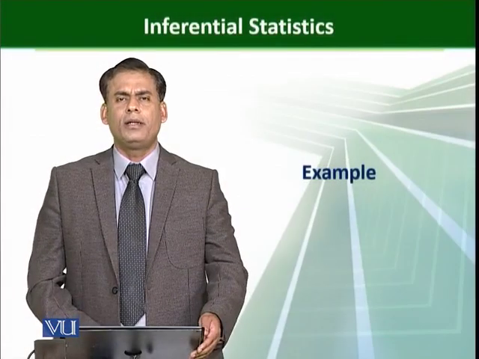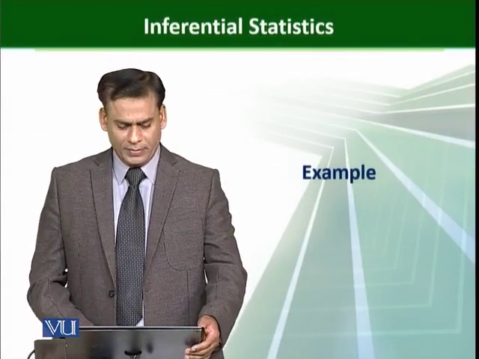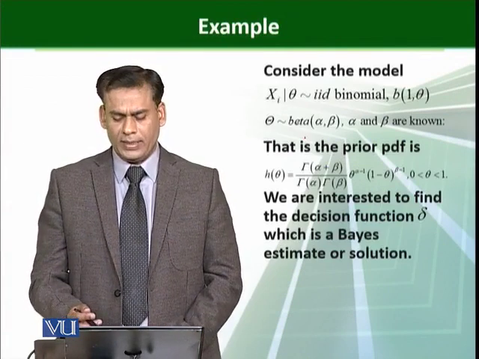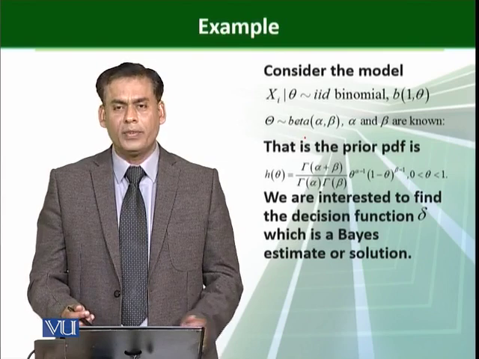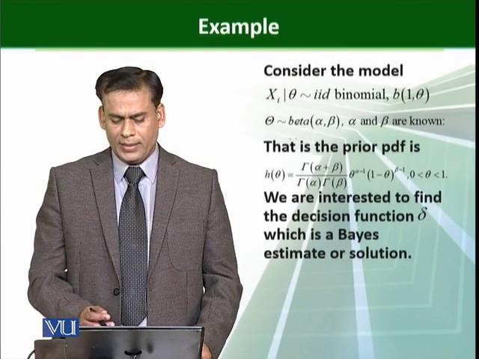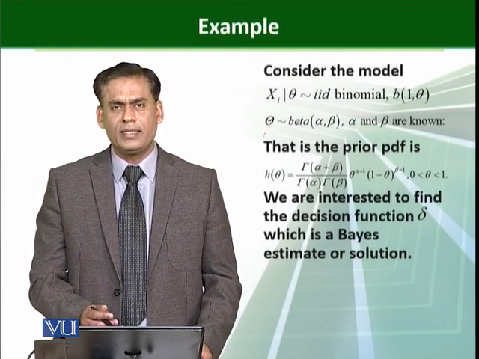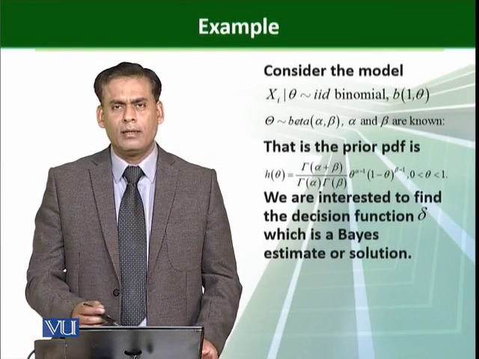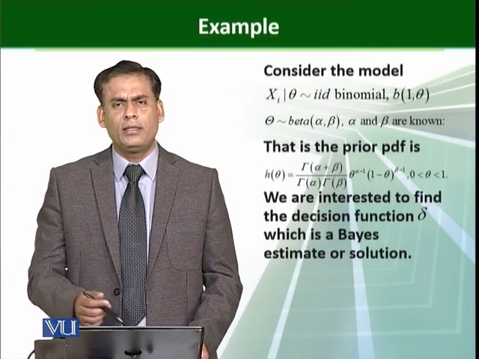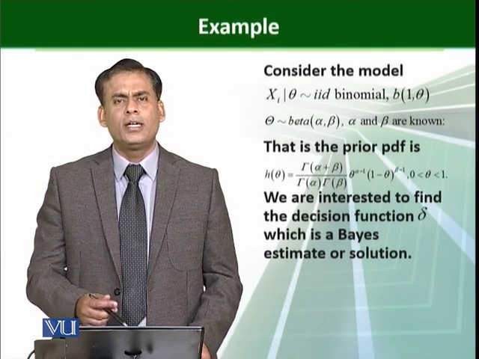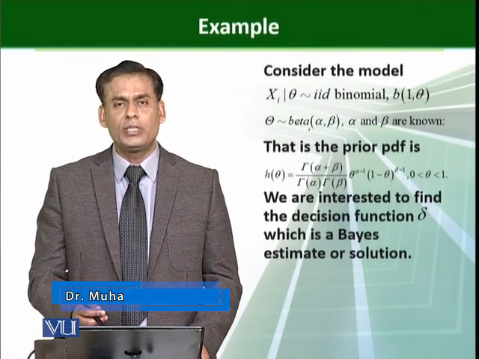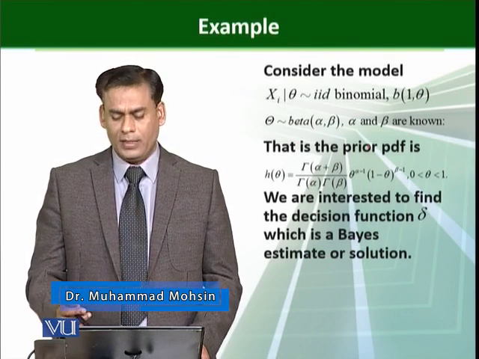Now we take an example to find the Bayes point estimator. Consider the model, that is Xi given theta, which are IID from the binomial distribution with parameters 1 and theta. And theta, capital Theta, basically represents all the possible densities which belong to that parameter space for the Poisson distribution, and we consider it as a beta distribution with parameters alpha and beta,